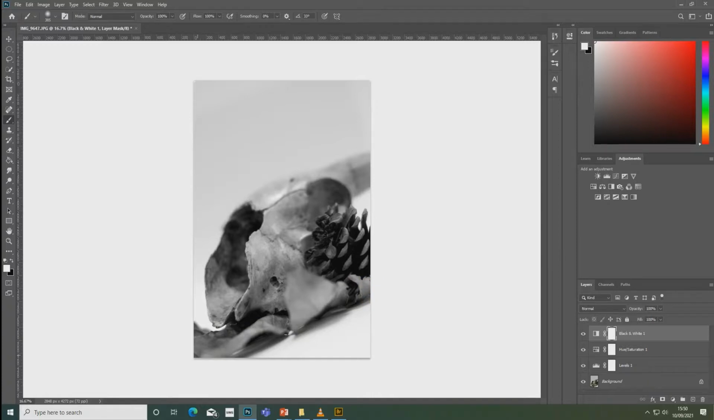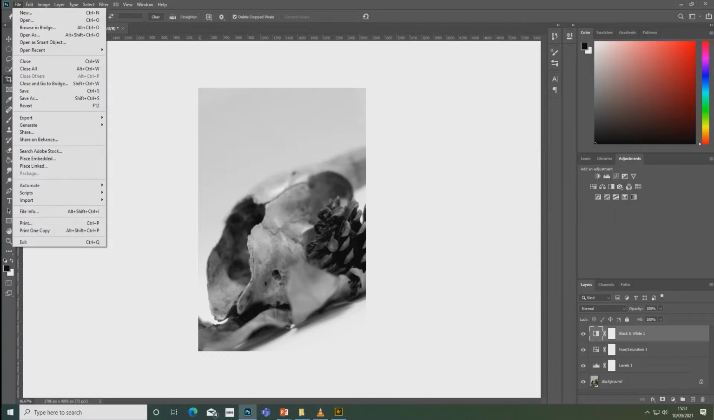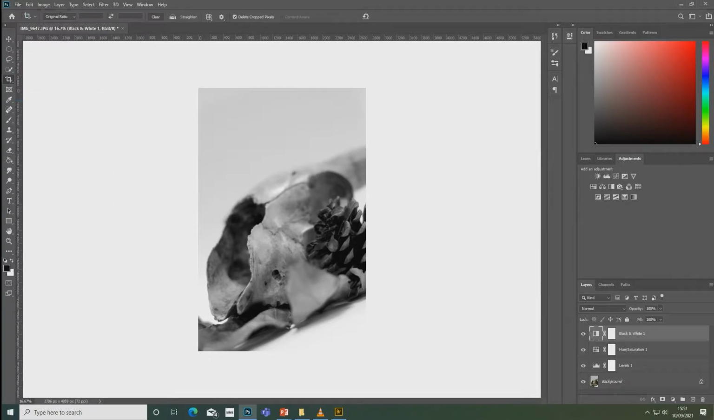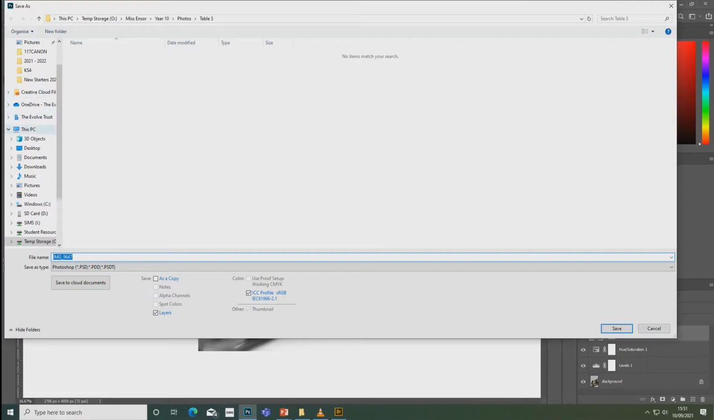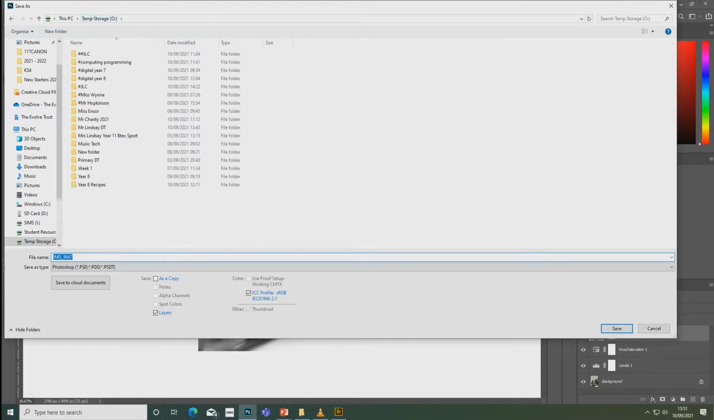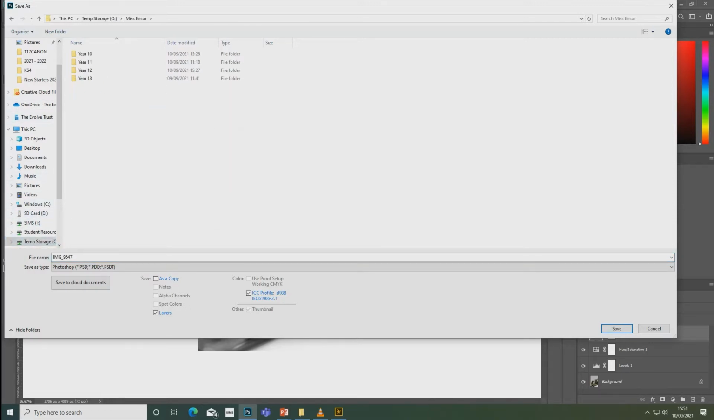And finally, we need to save our first edits ever in Photoshop, so you need to press File and then Save As. Then this window will open. You'll need to click on This PC and then temp storage, find my name, Miss Ensor, then click on Year 10, then Photos, find the folder that your images are saved into, and we're going to name it your name,